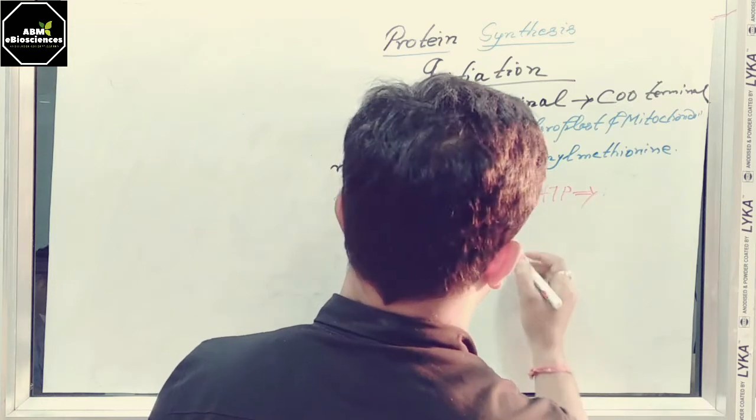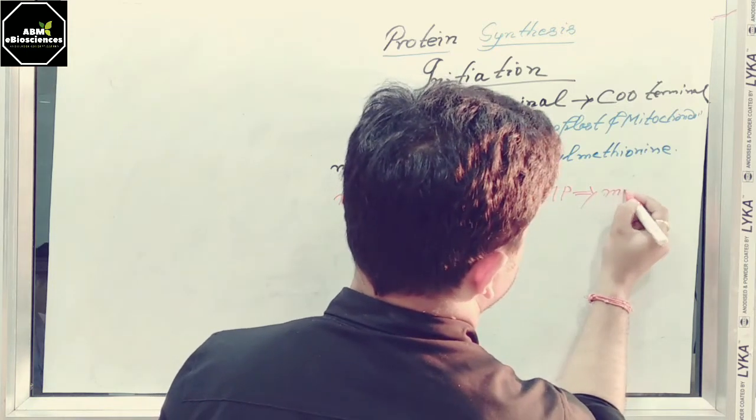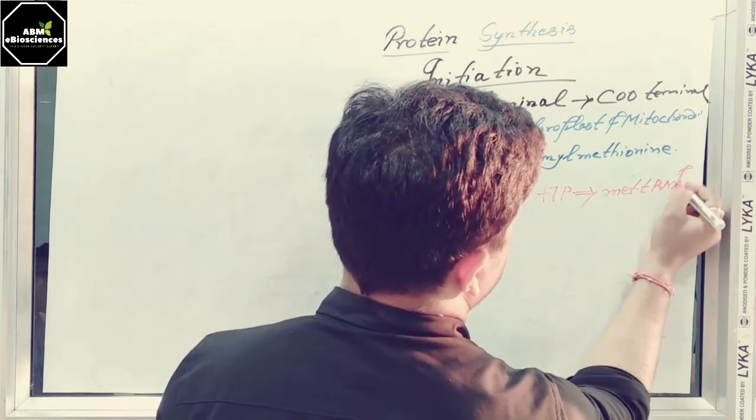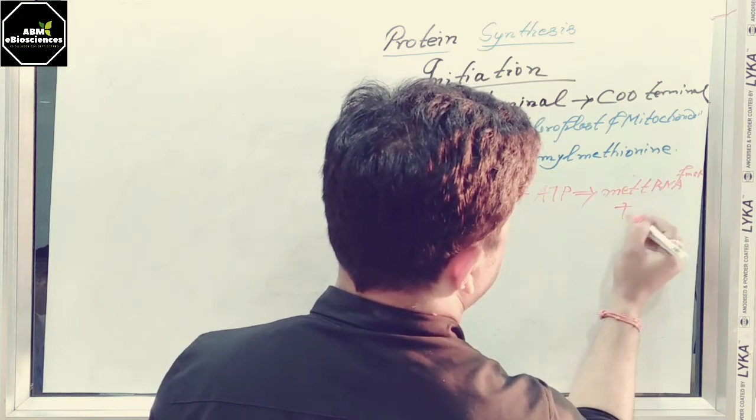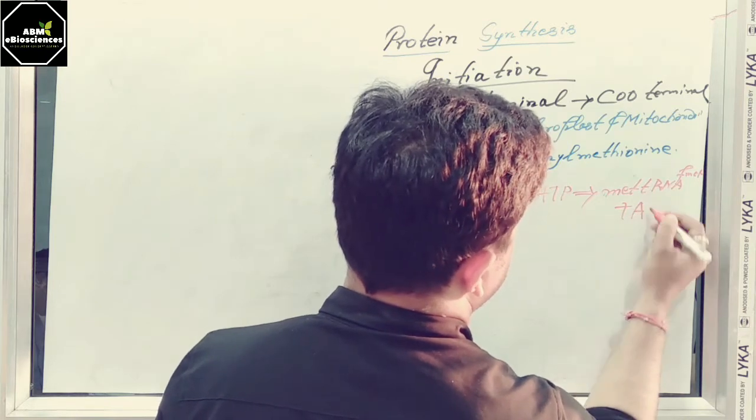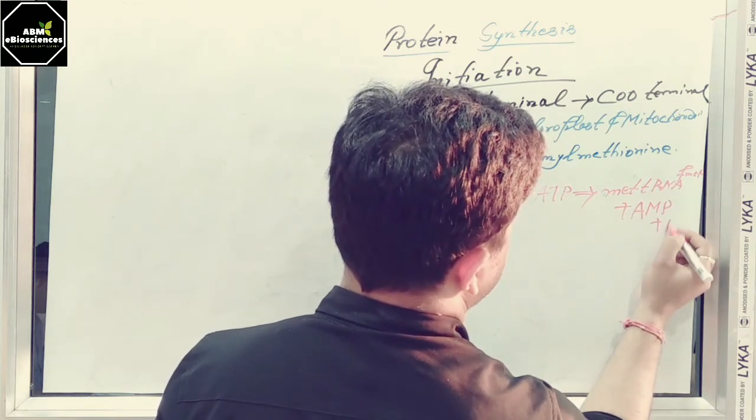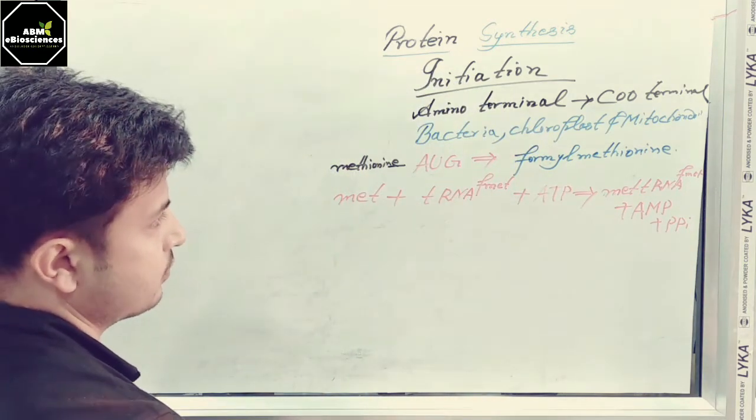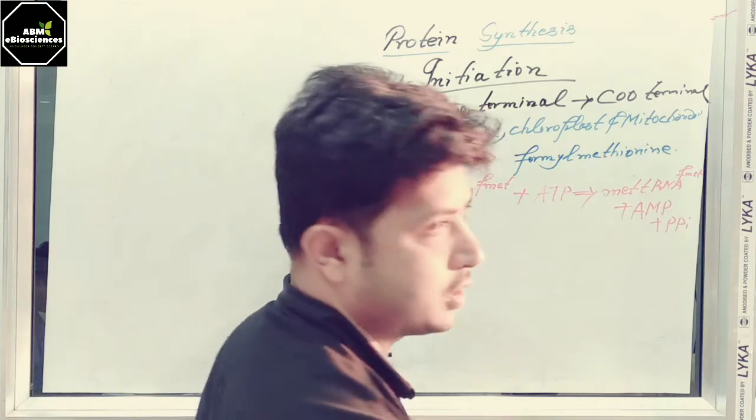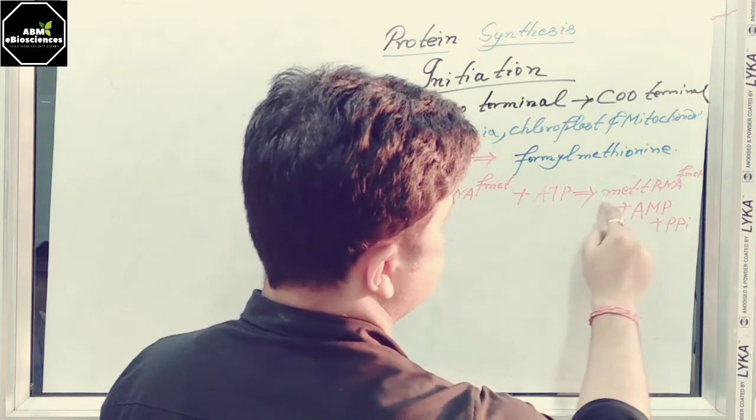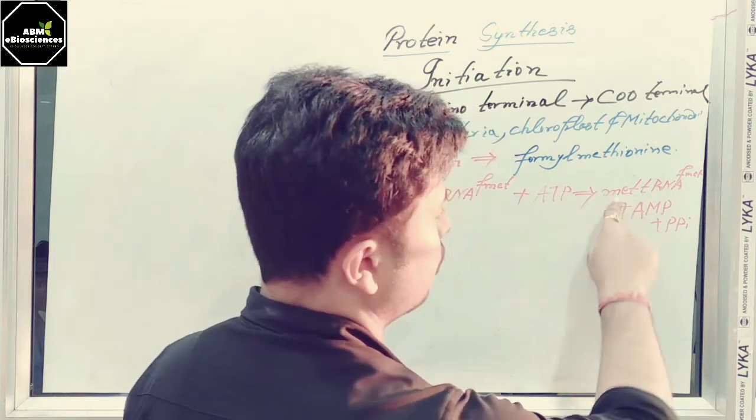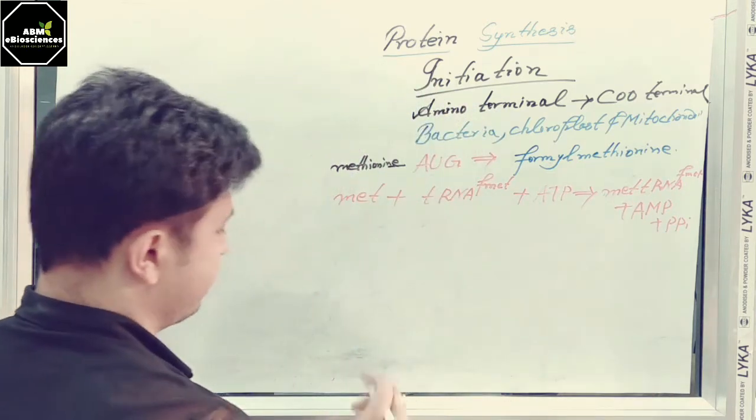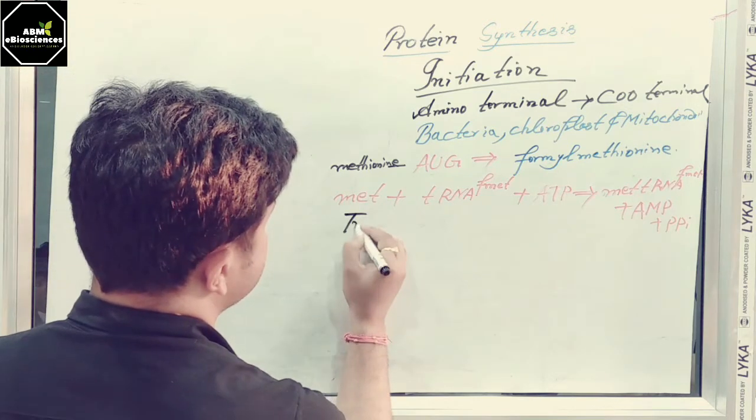If I go further, that is methionine plus tRNA FMET plus ATP gives Met-tRNA FMET plus AMP plus PPi. So this is the first equation, when the formyl methionine is going to be processed. Here you can see that the methionine group is in the form of methionine, not in the formyl methionine group. Next, one enzyme we require here, that is transformylase,